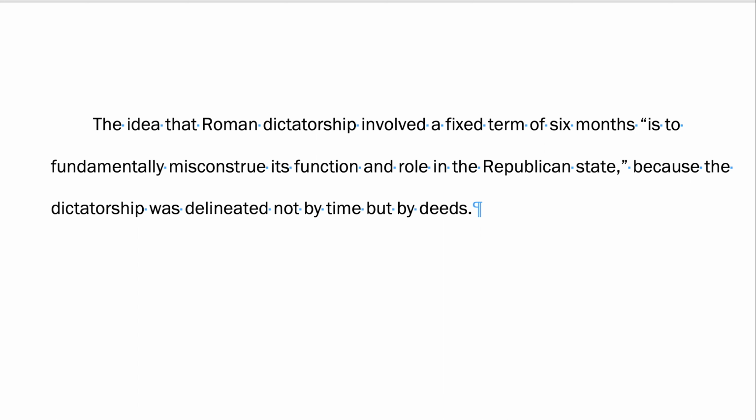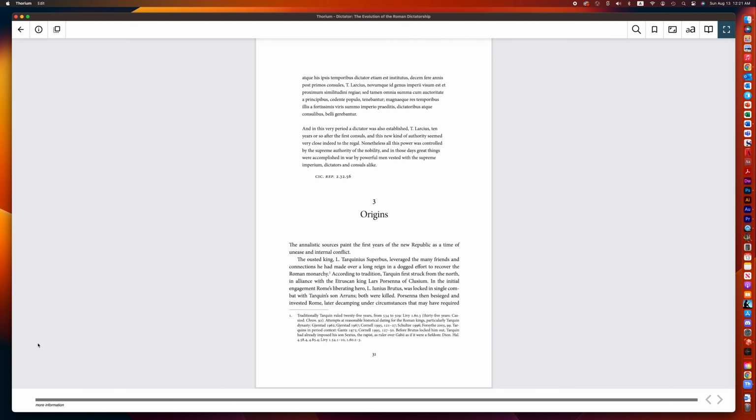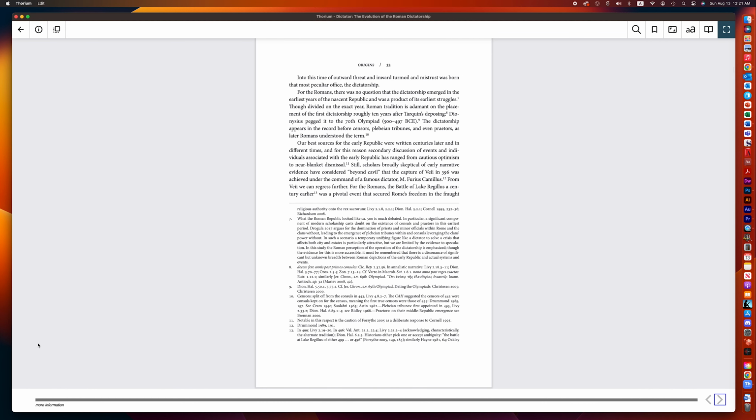Alternatively, instead of a footnote after the information that you're citing, you can use a parenthetical citation. Put the same information within parentheses at the end of the sentence. Some people like footnotes. Some people like parenthetical citations. When I write, I use footnotes because I like the footnote information to be out of the way at the